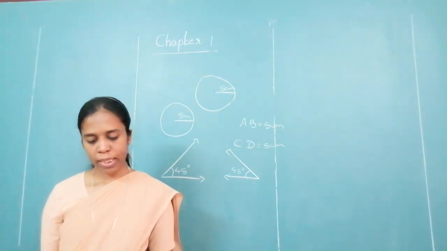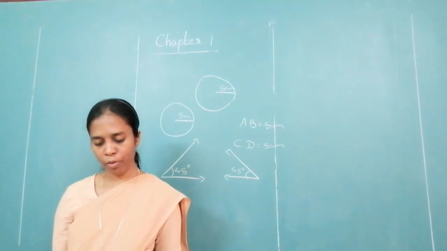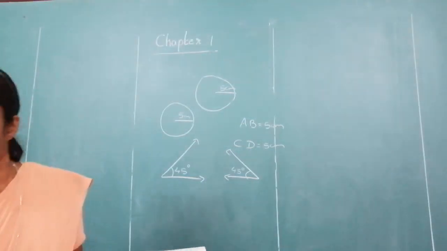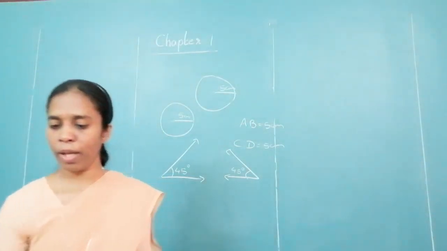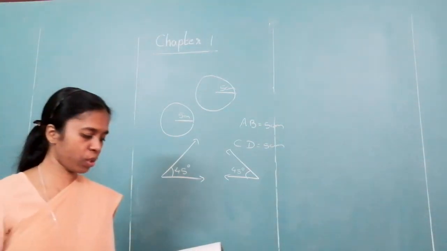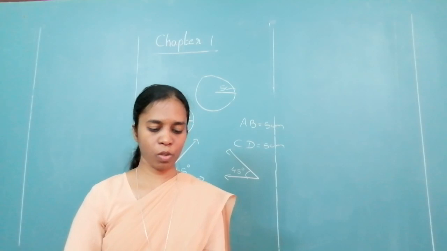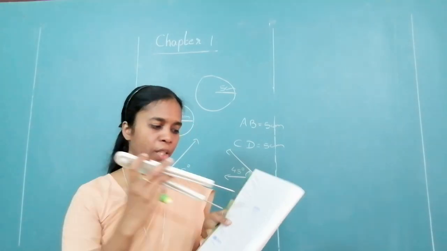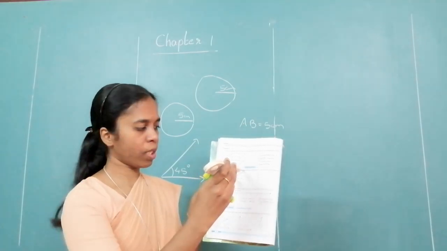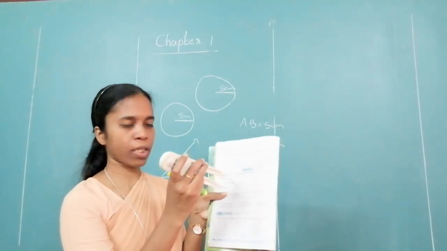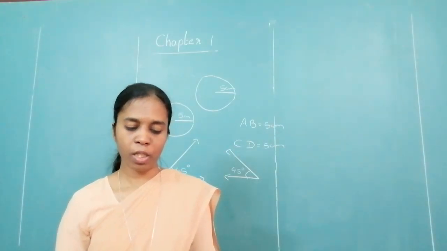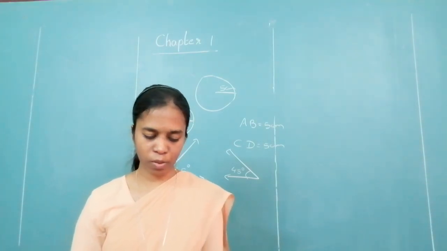We have the next, practice set 6. Write the names of pair of congruent line segments using a divider. Now the measures are not given to you, so you have to use a divider. How do you use a divider and check it out? Okay. Now take your divider, keep it on each segment. Keep the first segment and see if the same measure any other segments are there. Then you say both of them are equal. Okay, fill it in the book only, textbook that is given to you over there.